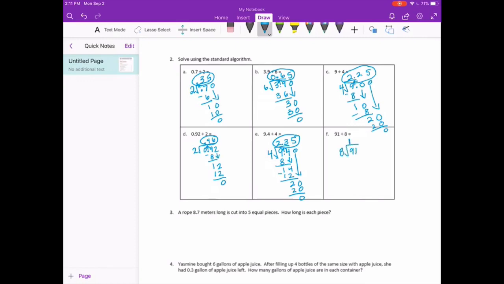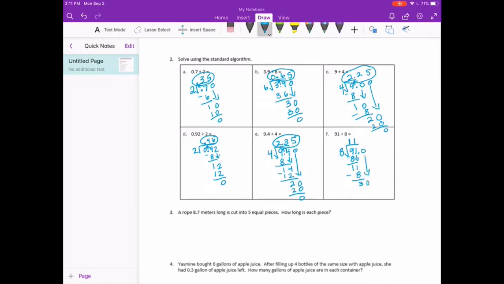91 divided by 8. 8 goes into 9 one time. 1 times 8 is 8. 9 minus 8 is 1. Bring down the 1. 8 goes into 11 one time. 1 times 8 is 8. Subtract, we get 3. Again, I'm going to add a decimal point and a 0